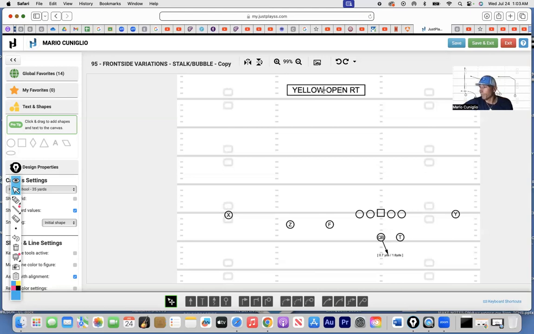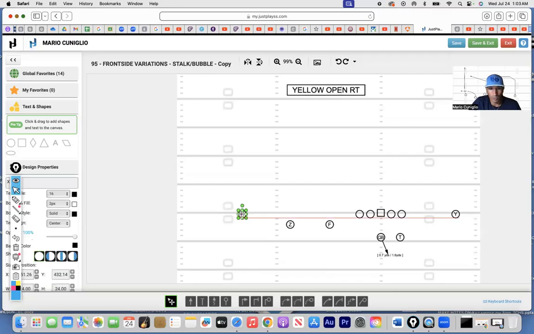But yes, we have all those formations. The next one I want to talk to you about would be blue. So we ran some blue stuff today in practice, and staying consistent with the X and the Z being away from the direction and the Y and the F staying together. What we're saying is